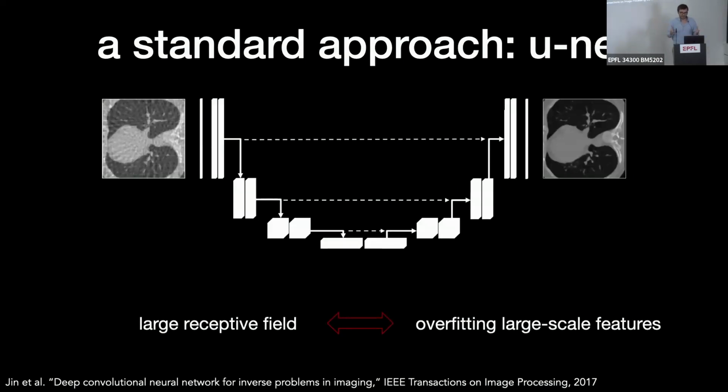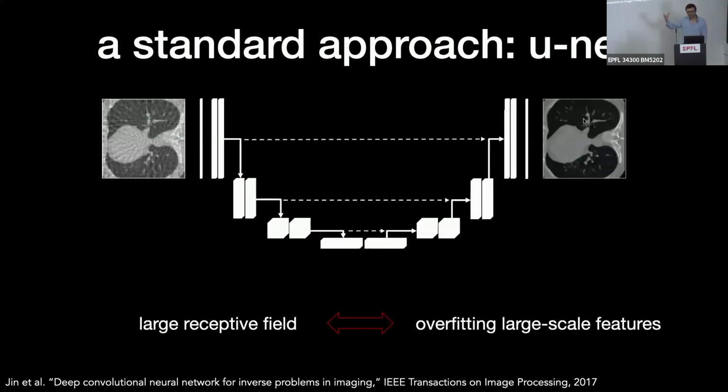If you train a deep neural network of a certain architecture and you train it on entire images, then typically, okay, so in the example of computed tomography, what you typically do is the input of this network is also an image. And this image is obtained by applying some sort of a cheap inverse. And in this case, it's a filtered back projection. So you're mapping this image to this one here.